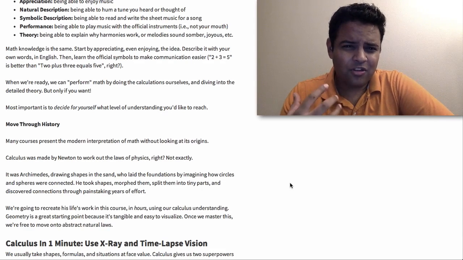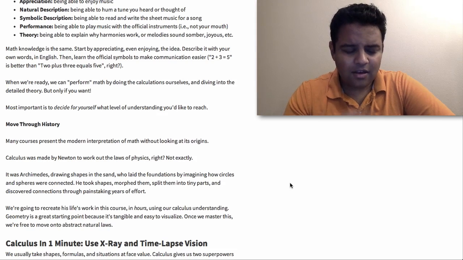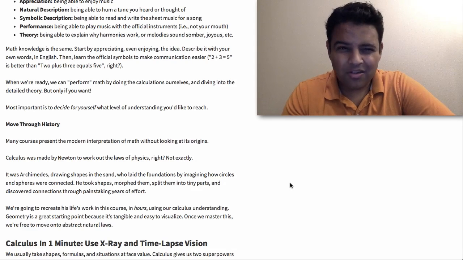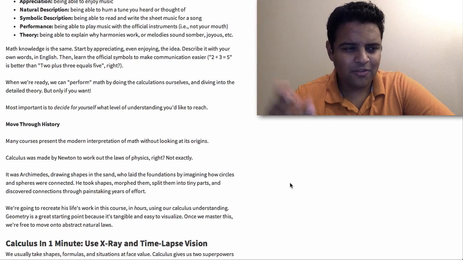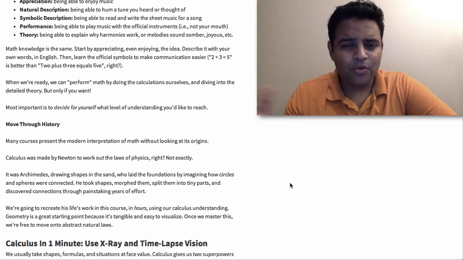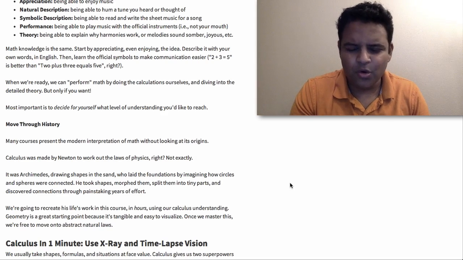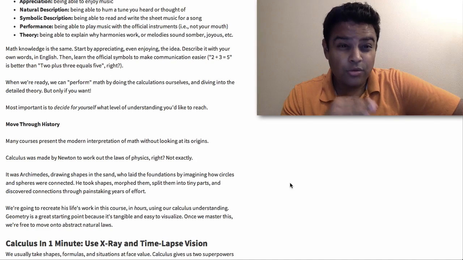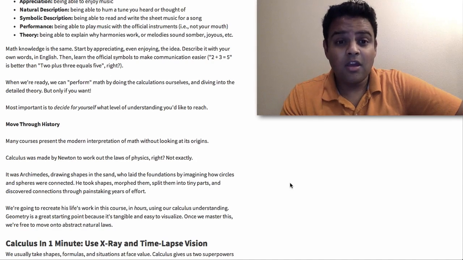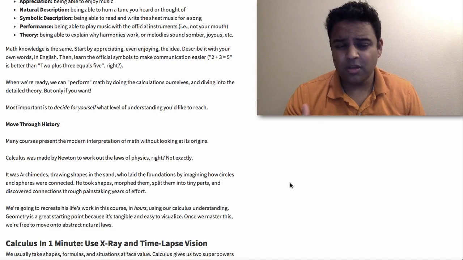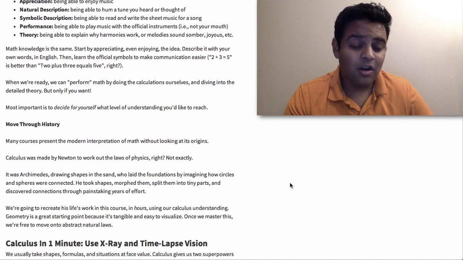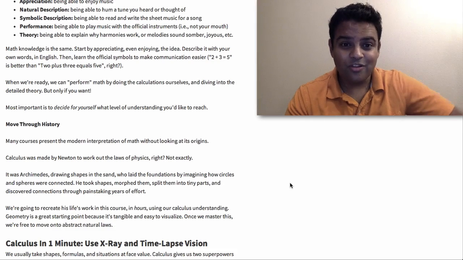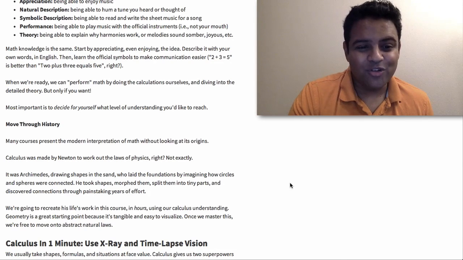So he was working out these theories and concepts, and that laid the groundwork for what a lot of people did later. And so we skip all that and jump to the most modern version. But that's like putting someone in an F1 racer instead of letting them drive a slower car and seeing how things work. So we're going to take our time. We're going to go through geometry, which is very visual, very easy to see the results of. And it's actually pretty applicable. You can look around and see shapes everywhere. And calculus will actually help you think about everyday objects a little bit differently. So with that background, let's hop into it.